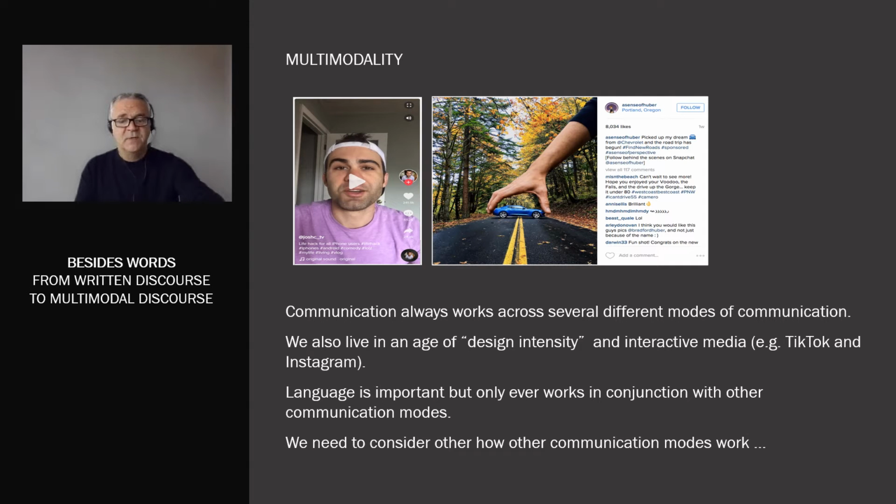It's for this reason precisely, in an age of design intensity, that language scholars have increasingly turned to addressing multimodality in their analyses. In order to analyze and understand contemporary written discourse, it behoves us to examine some of the other modes at work, such as visual images, but also color, space, and typography. And speaking of typography,